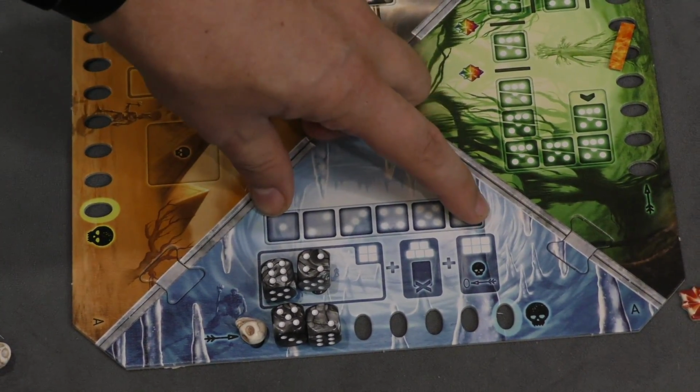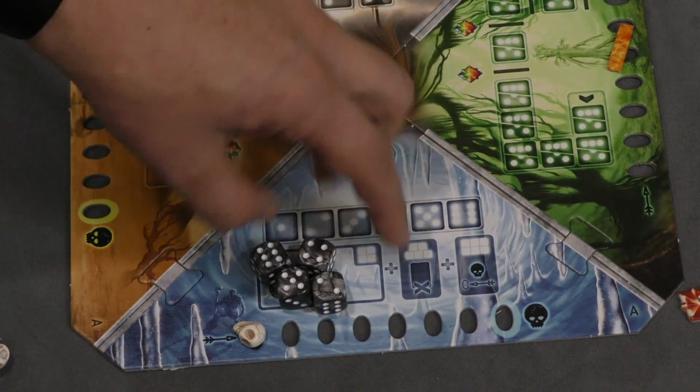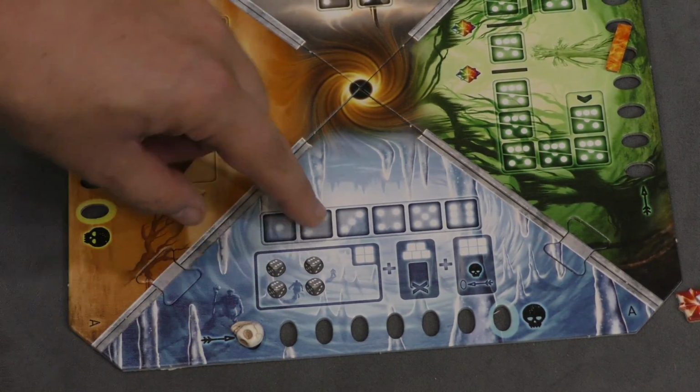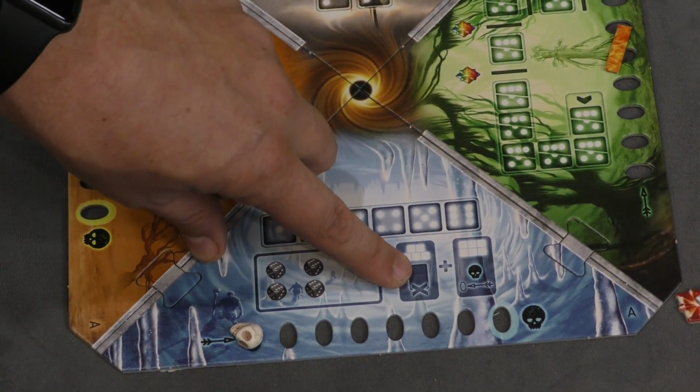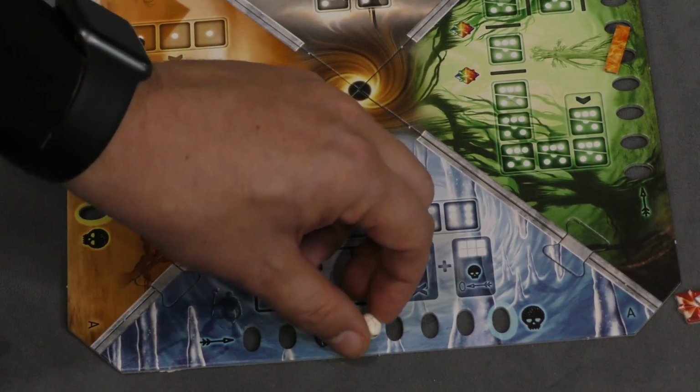You can place them in any order you want. And when you have a group of 4 together, then each player who's put a die there will get a bonus die that can be used once. If you put 5 together, you do that and you can kill an enemy. And if you put 6 together, you do that, kill an enemy, and you can move one of these skulls